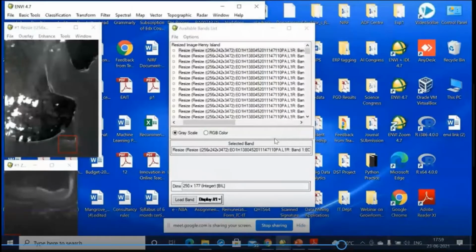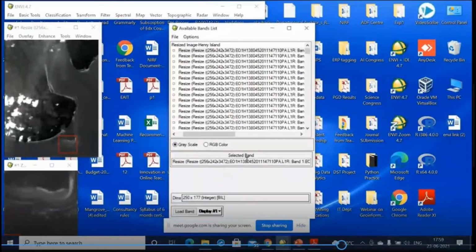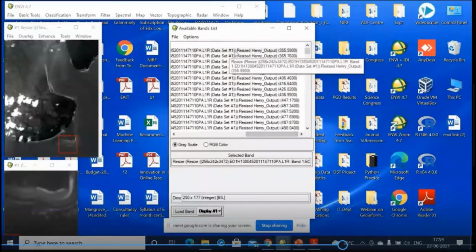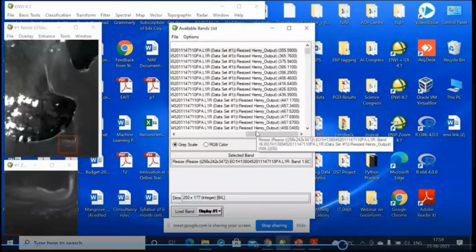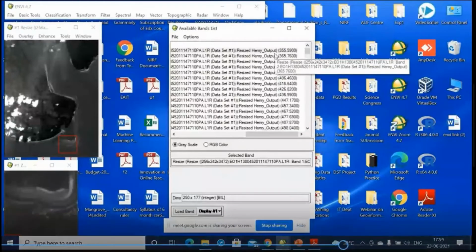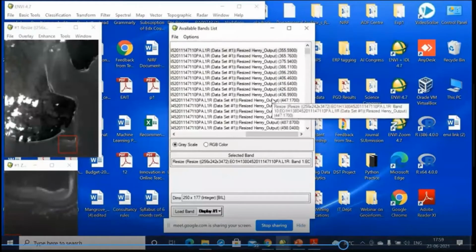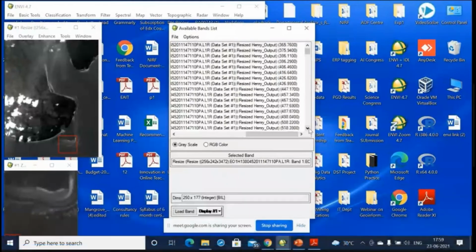So this is a resized image, and in this box you can see the output. Okay, now I'm not selecting the first 7 bands because they do not have any information.